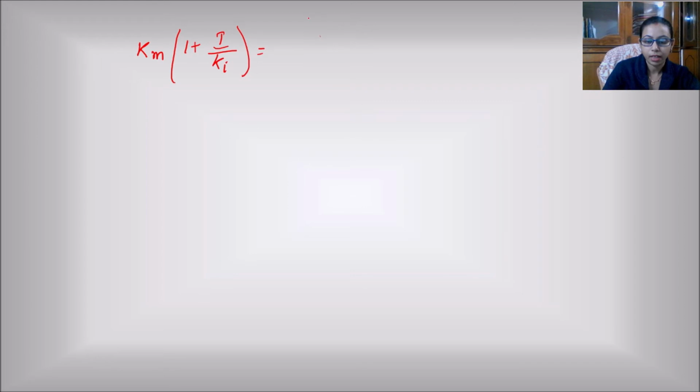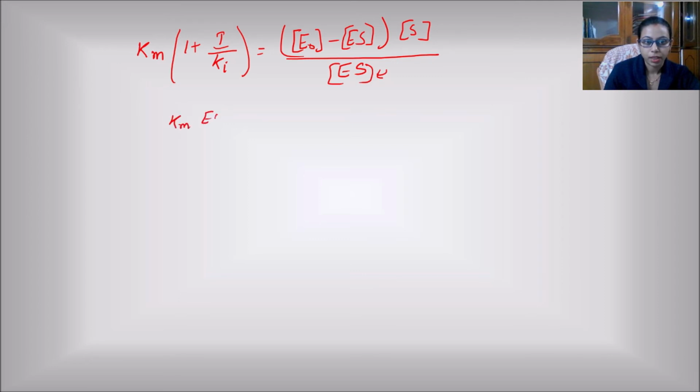And on this side we were having E naught minus ES, that is the total enzyme minus the enzyme bonded with the substrate, the whole multiplied by substrate S. Now focusing on ES, let us simplify this in terms of ES. We will have Km into 1 plus I by Ki into ES